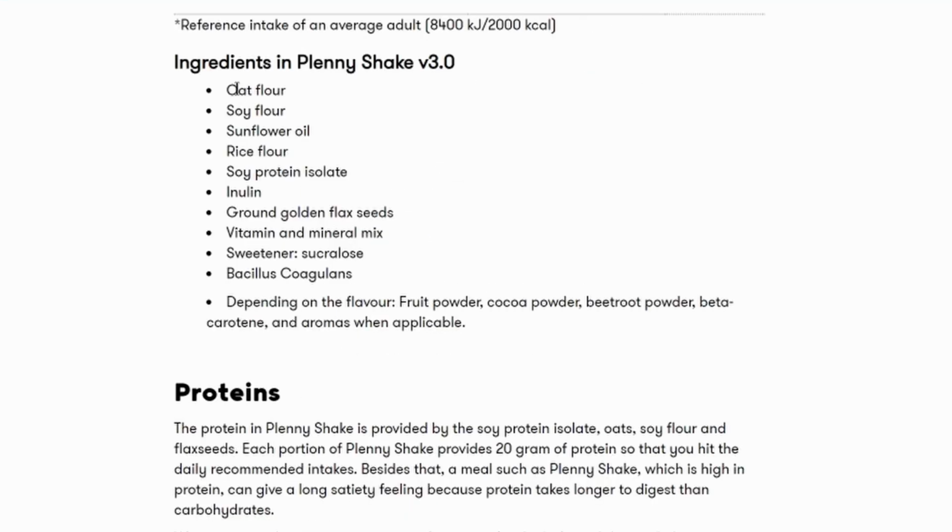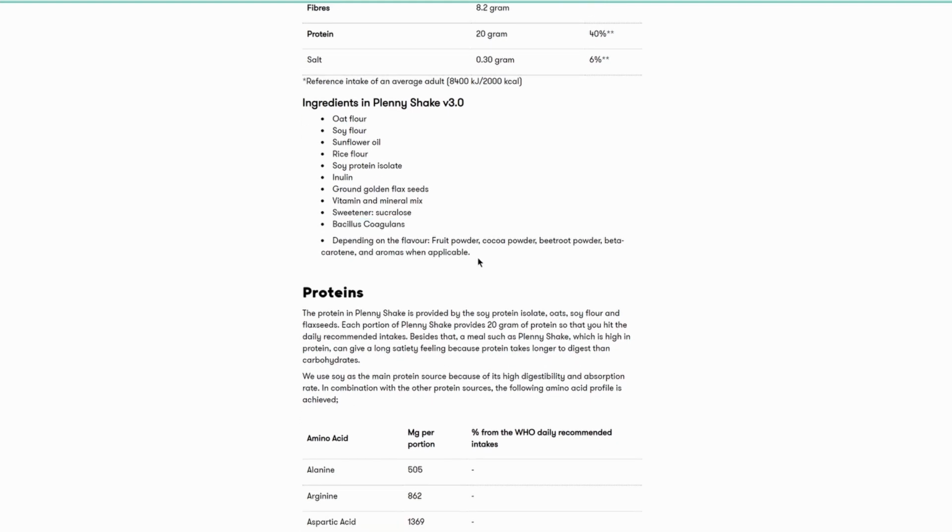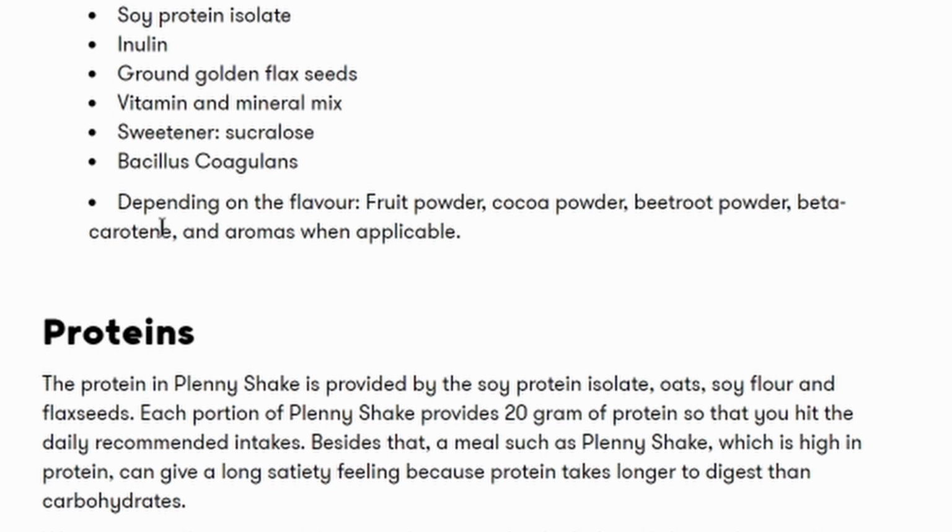The basic ingredients, as you can see here, are oat flour, soy flour, sunflower oil, rice flour, soy protein isolate, inulin, ground golden flax seeds, vitamin mineral mix, so that gives you all your 26 vitamins and minerals, as I talked about. The sweetener, as people often ask me, what is the sweetener used in all these various products? Sucralose, say it how you want. And then these added probiotic, good healthy gut bacteria, Bacillus coagulans there. Then obviously, depending on the flavour you have, you'll have a fruit powder flavour, but with real freeze-dried fruits, as we have found out. Cocoa powder in the chocolate, beetroot powder, beta-carotene, that's often to give the colour, and various aromas where applicable,